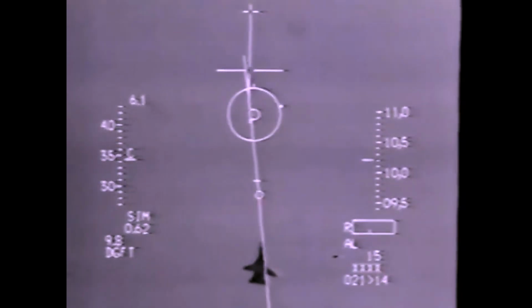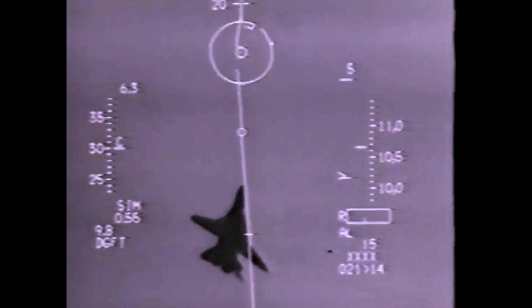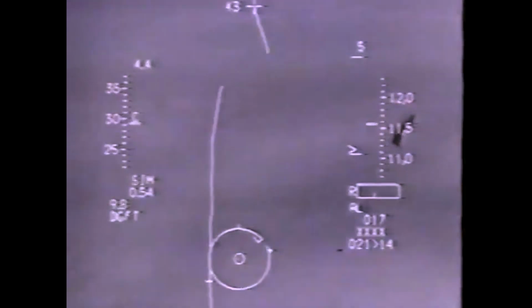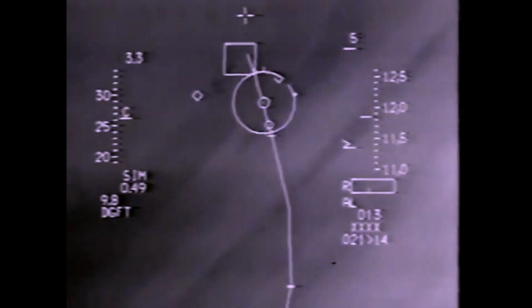A one-circle fight takes advantage of the radius. In other words, if you draw out the circles, the airplane with a smaller circle is going to bring nose on to the airplane with a larger circle faster. So if you're flying the airplane and you've got a smaller turn radius, you're going to turn inside